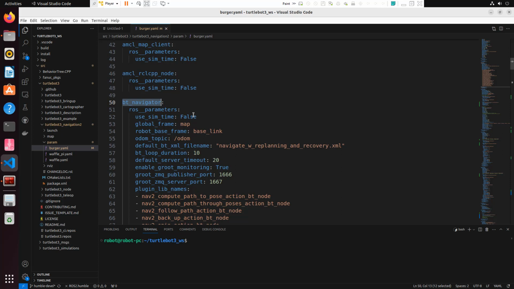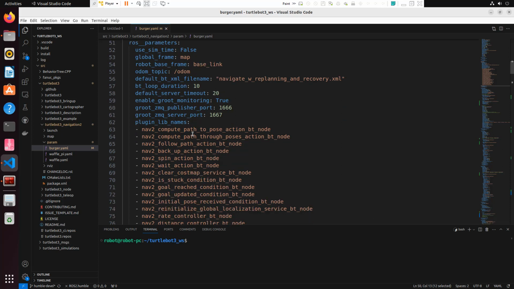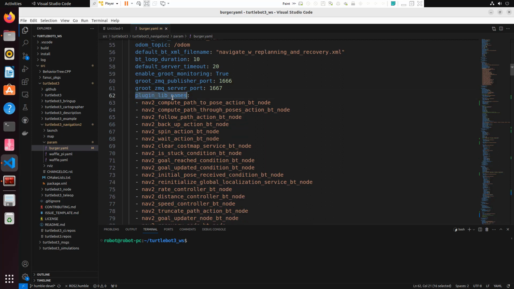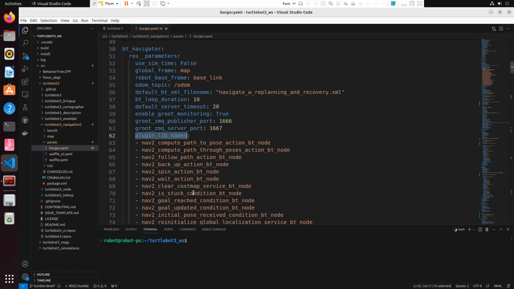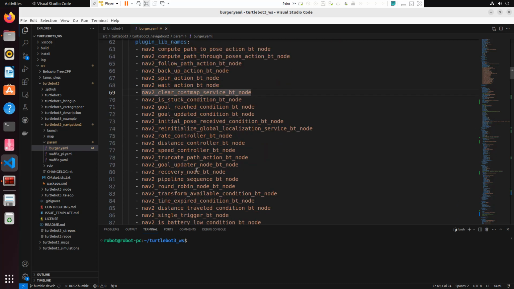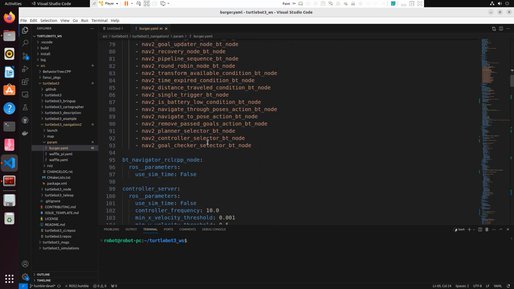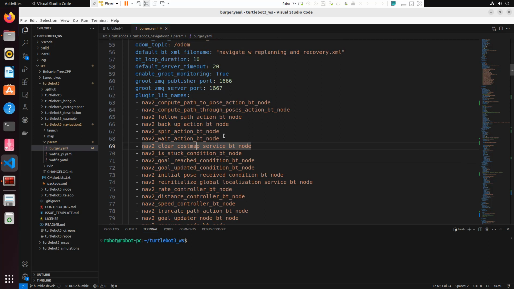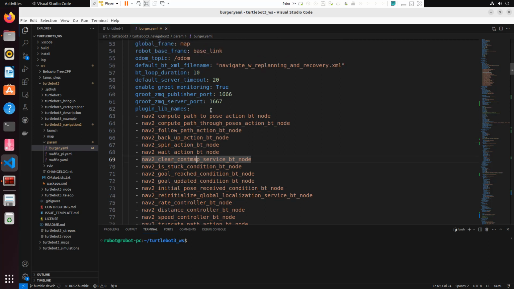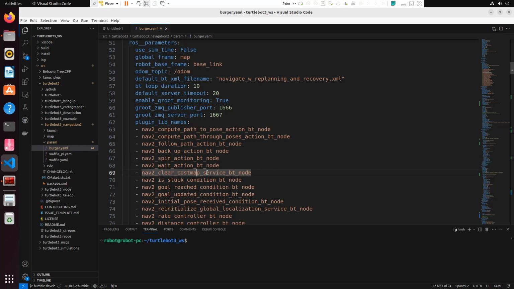The BT navigator should load all the behavior tree plugins it is using. Each node is actually a plugin. You can see here the BT navigator is loading all these plugins, so then only it is able to